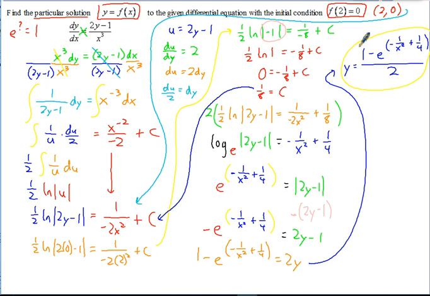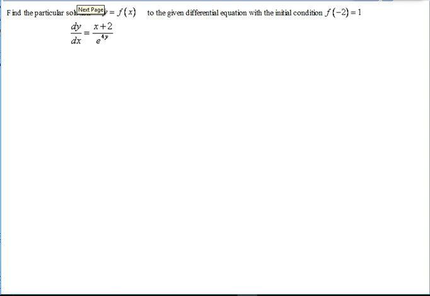All right, let's take a look at one more. On this next one, again, still trying to find the particular solution, still trying to eventually solve for y. This time our initial condition you can see is negative 2, 1, so that's the point that we know that's on the original function. Again, if we cross multiply,